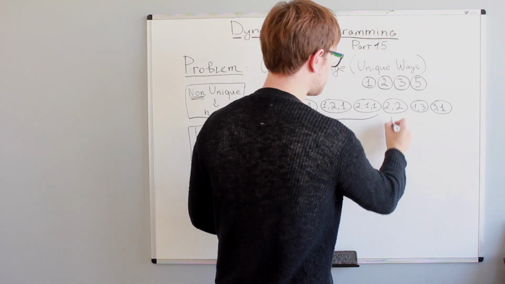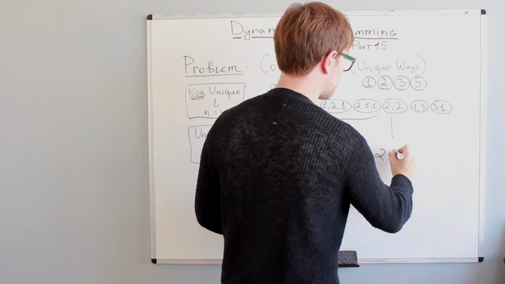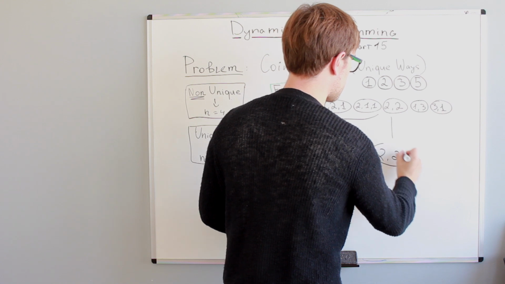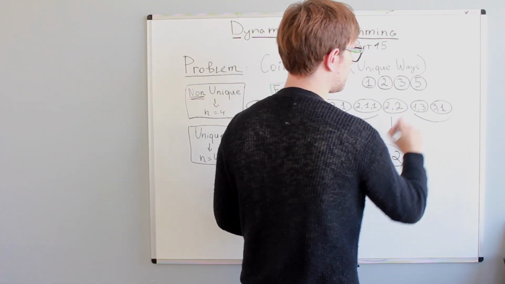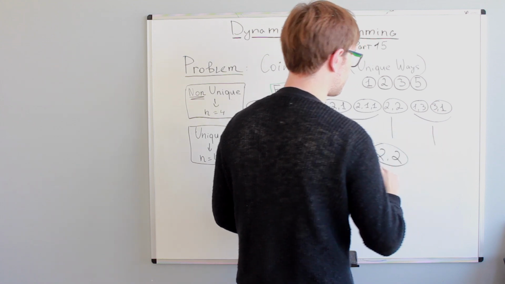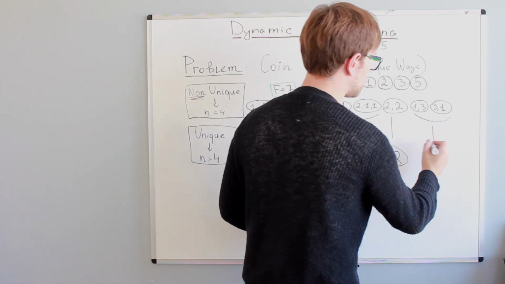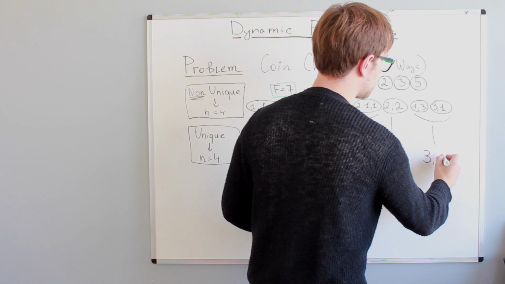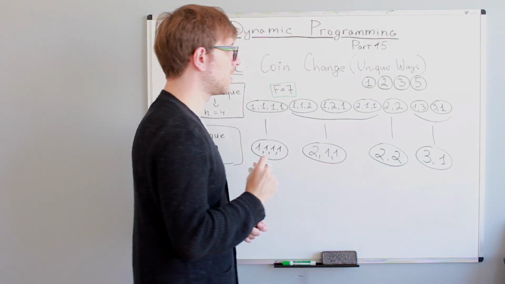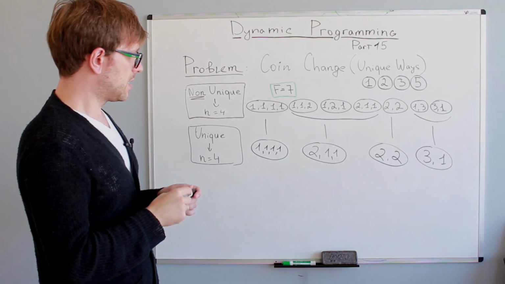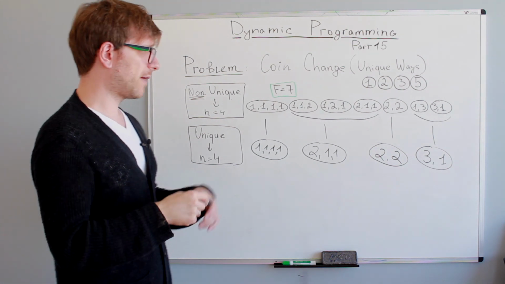2 and 2 stays the same. 1, 3, 3, 1, these are the same solutions. So we would also have to pick one of them. So let's say 3, 1 is the solution that we pick. Okay, now we have to